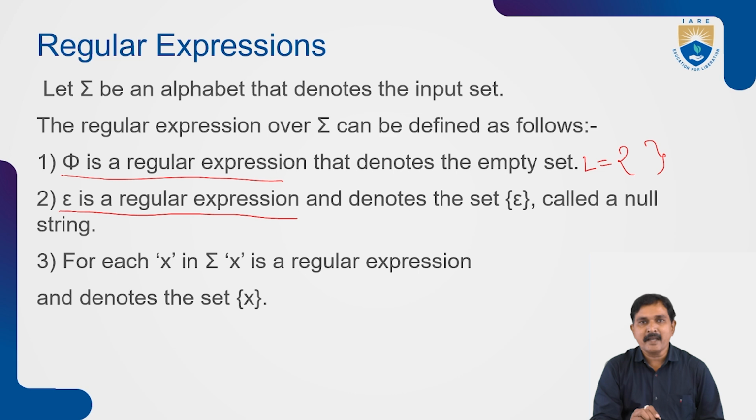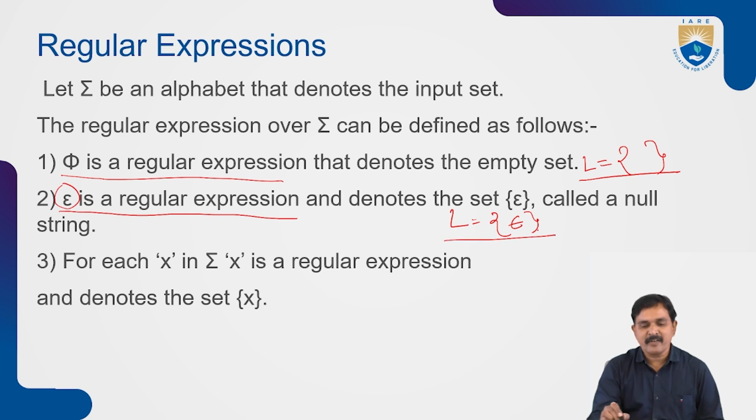Because in the NFA diagram, you make use of some null transitions. To define the null transitions, we can use some kind of null symbol. This is called null. Null can be defined by the epsilon symbol. Suppose you are assuming only a single symbol, the null symbol. The corresponding set is not an empty set, it is a null symbol set.